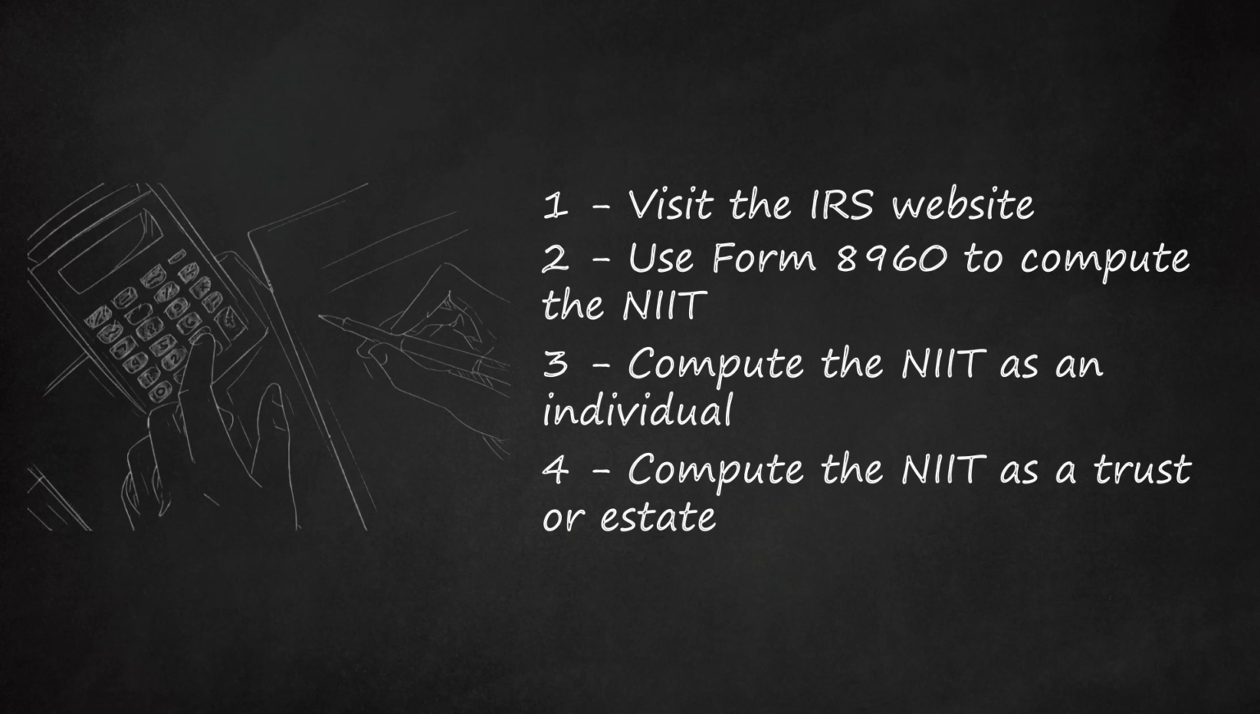Next, in line 19A, you will input your AGI. In line 19B, you will input the IRS provided dollar amount. In line 19C, subtract line 19B from line 19A. Next, in line 20, input the smaller of line 18C and 19C. Finally, multiply line 20 by 3.8%, 0.038, and input the value in line 21. This is the NIIT. For example, assume you have a net investment income of $80,000, your line 18A value, but